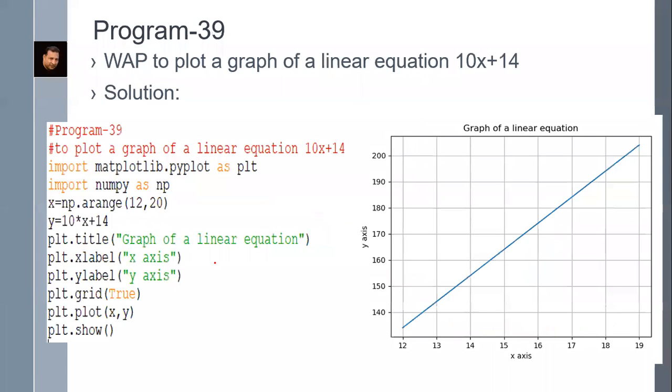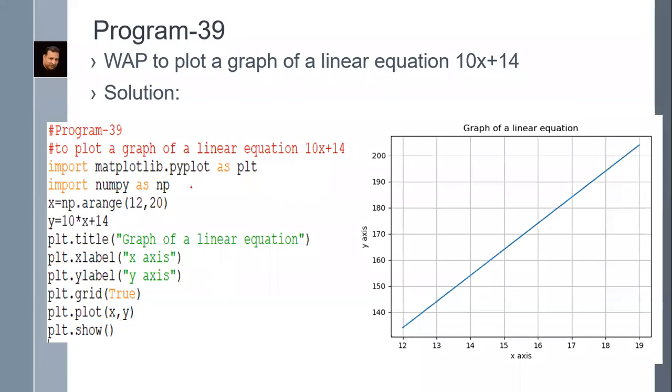Next, write a program to plot a graph of the linear equation 10x plus 14. In class 10th, you might have created graphs based on linear equations and quadratic equations. So here we are discussing two programs based on these.